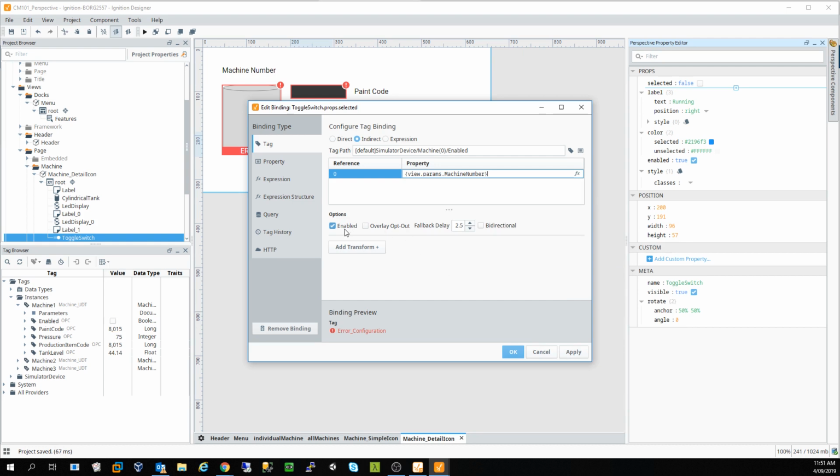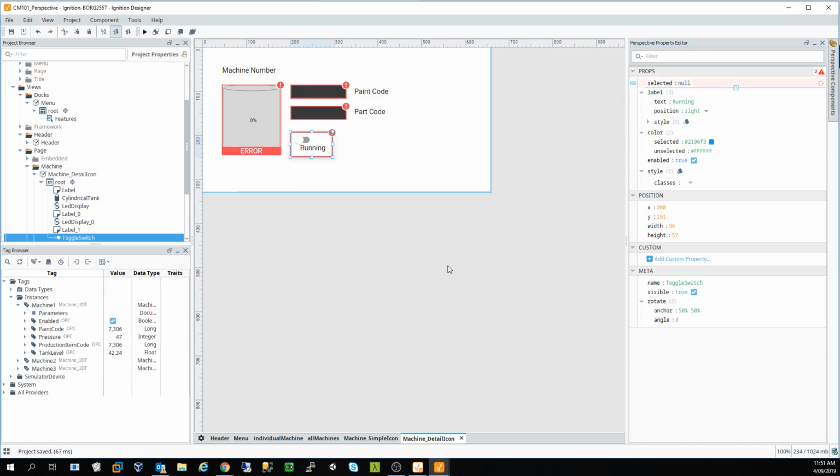Now here we've wanted to have this disabled, or if we wanted this to be bidirectional for control, if we could write to the I/O server, we could easily tick these things. We can also configure tag history and things on this binding. So if we now save that,